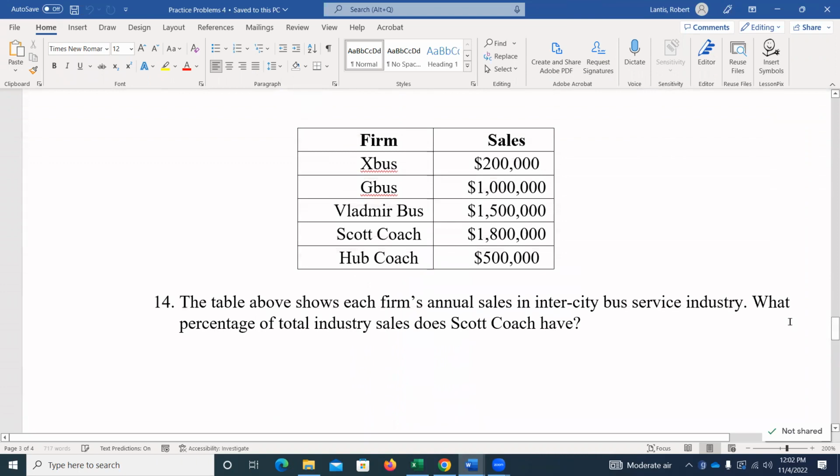This is something that was pretty recent. So if I wanted to calculate concentration ratios or HHIs to give me an idea about how concentrated this industry was, here I told you there's five firms, right? So what I need to do is turn their amount of sales into the